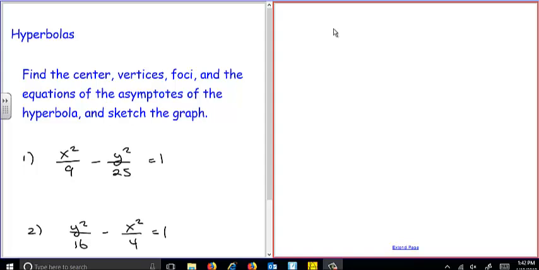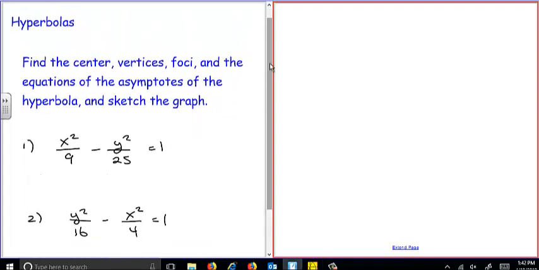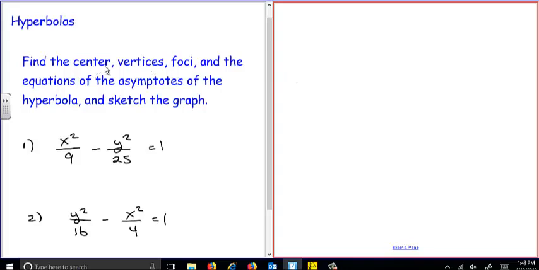Okay, so here are the homework solutions. The first two problems are centered at the origin, and what we're looking for is the center. The center in this case is (0, 0), because you just have x squared and y squared. The vertices,